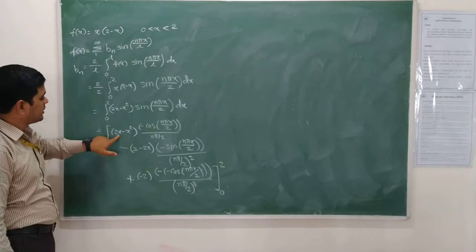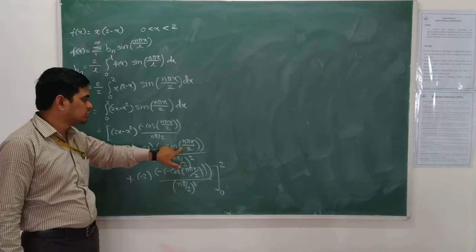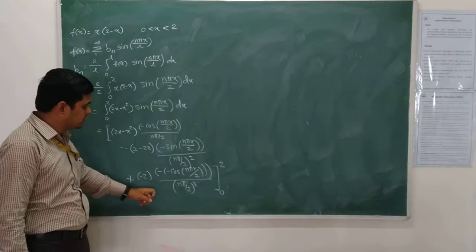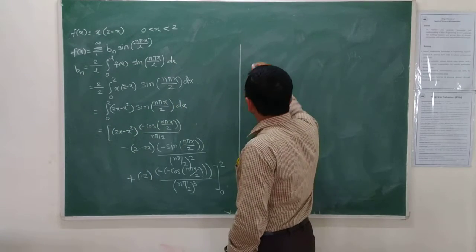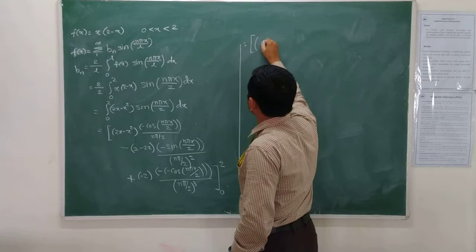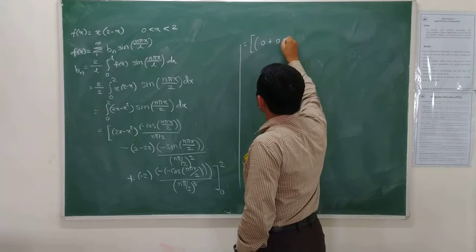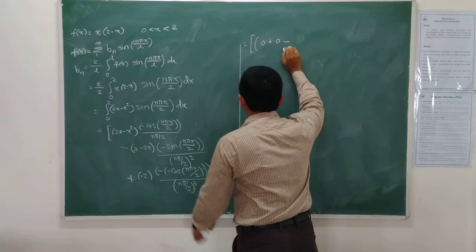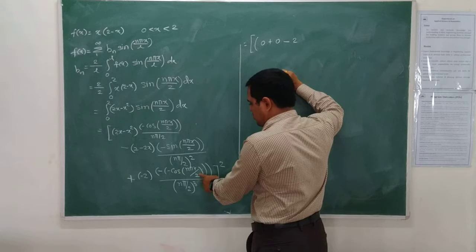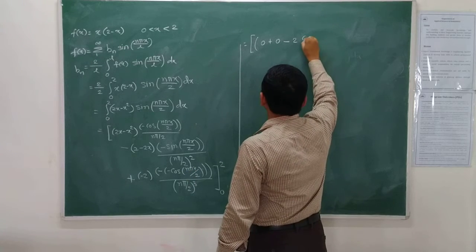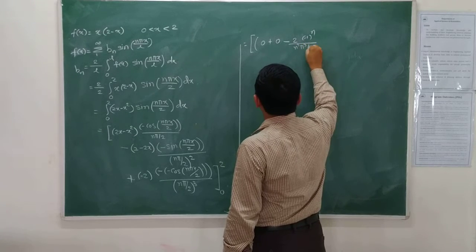Now we substitute the upper limit. The first term is going to be 0. N pi by 2 times 2 gets cancelled, so sin n pi is again going to be 0. Only the third term will survive for the upper limit. So the first term is 0, the second term is also 0. This minus minus minus becomes minus 2 times. When I substitute the upper limit as 2 here, 2 upon 2 gets cancelled, we get cos n pi, which is minus 1 raised to n, upon n cube pi cube upon 2 cube.